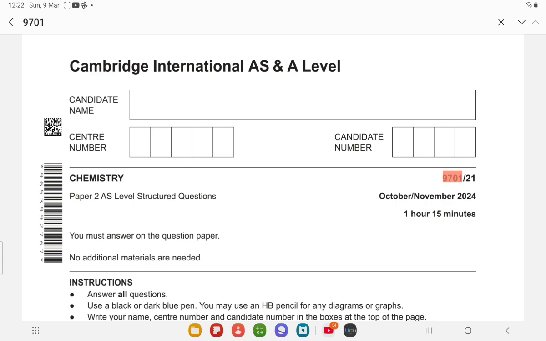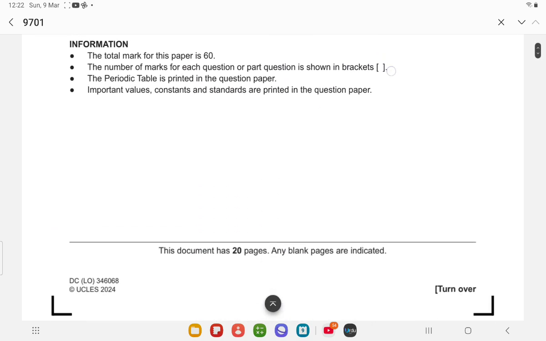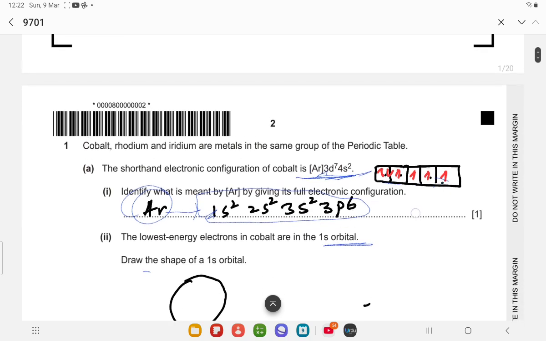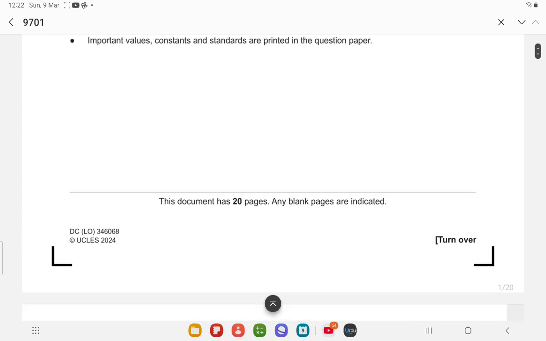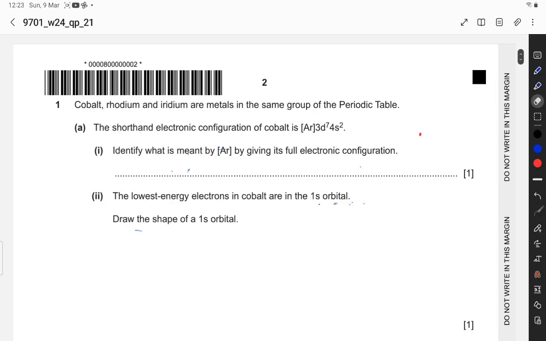Today I will solve chemistry paper 219701 October November 2024. Let's start. Question number 1 is: cobalt, rhodium and iridium are metals in the same group of the periodic table. The shorthand electronic configuration of cobalt is